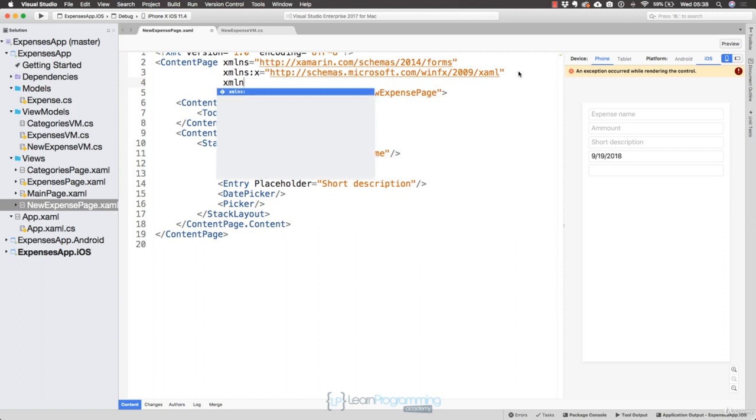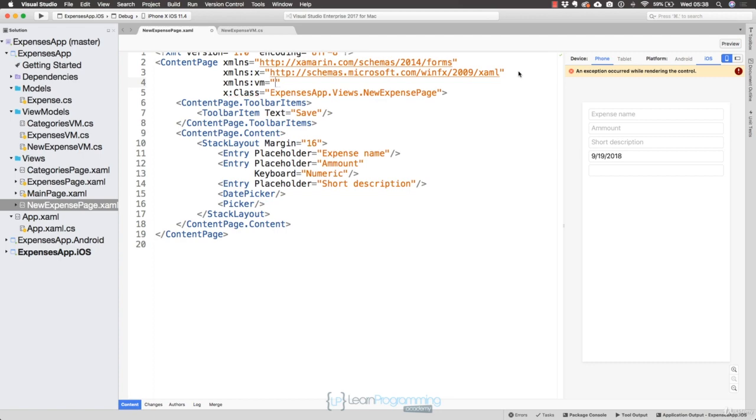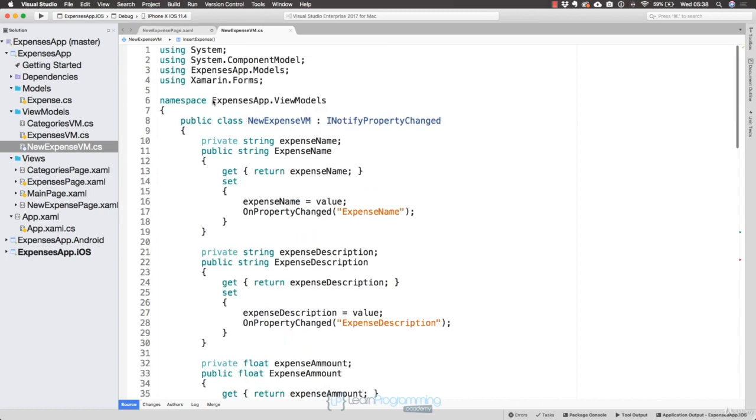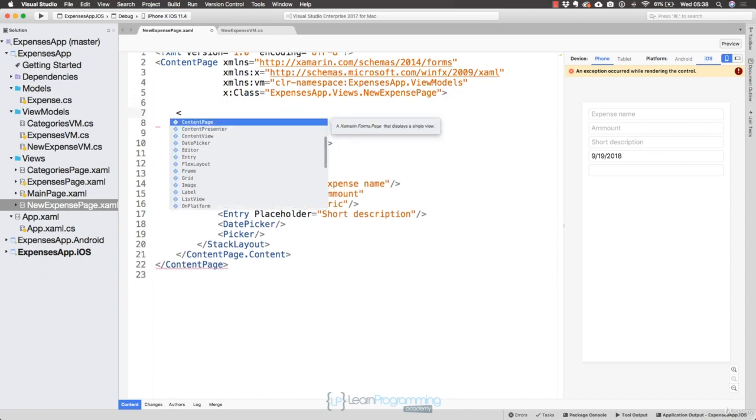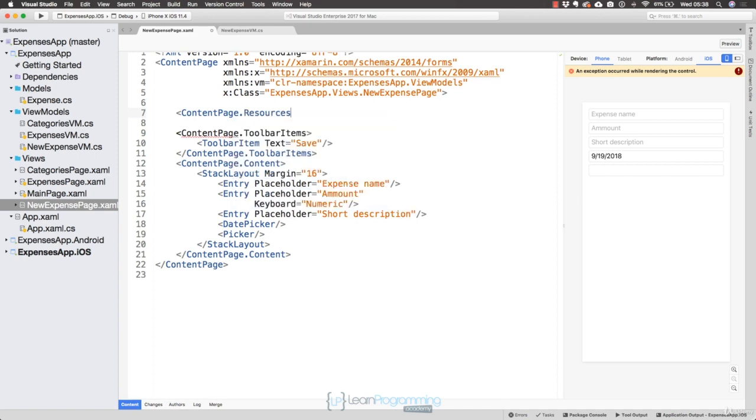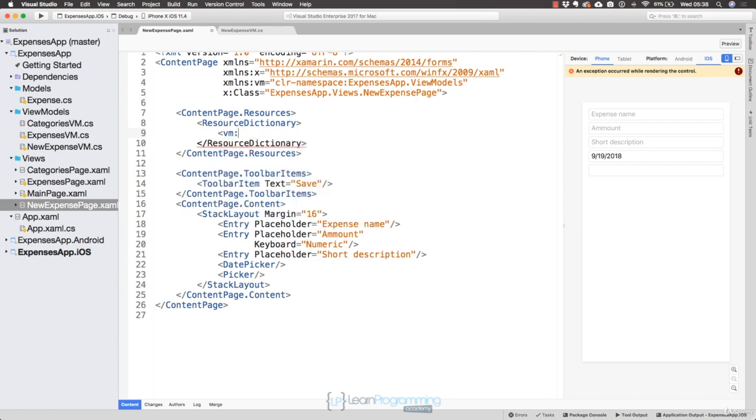So now we will have to do something very similar over here in XAML to what we did in the other page. First, setting the namespace reference to that namespace, so clr-namespace, and this is the expenses app view models namespace as well. So let's just put that in here, which means that I will now be able to, from the content page, create some resource dictionary inside of the resources, and inside of the resource dictionary access that VM namespace, create a new ExpenseVM variable or just resource in here, and set a key to it,